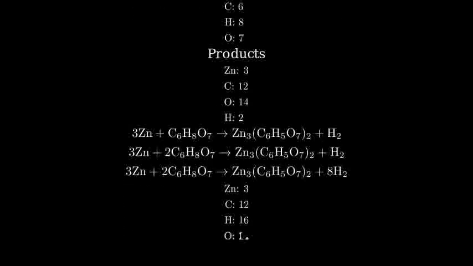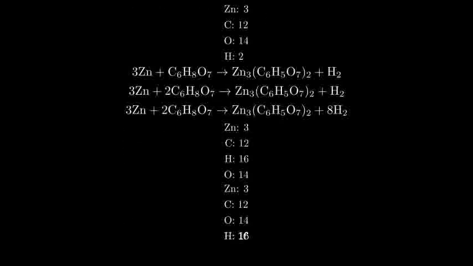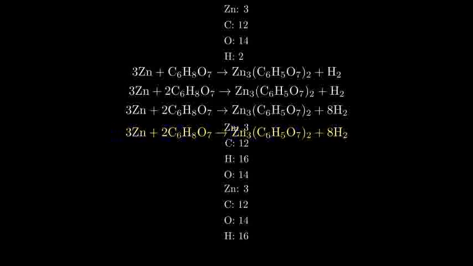Finally, let's double-check by counting the atoms again on both sides to ensure we have achieved conservation of mass. Now that the equation is balanced, it adheres to the law of conservation of mass. Both sides have an equal number of each type of